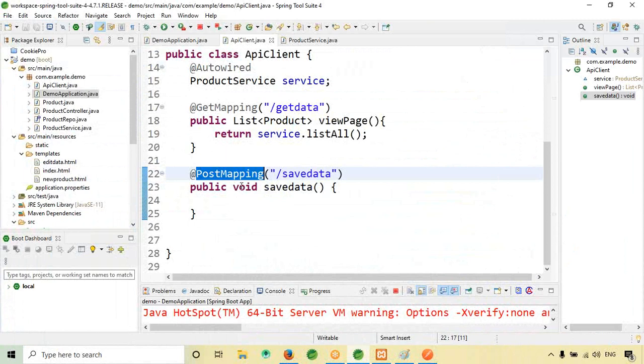Now, initially, instead of sending the data, I will use these getter and setter methods to set the data and check whether it is really inserting or not.